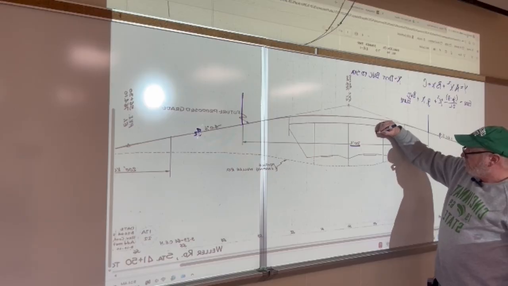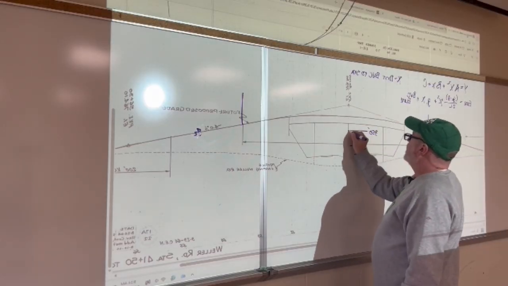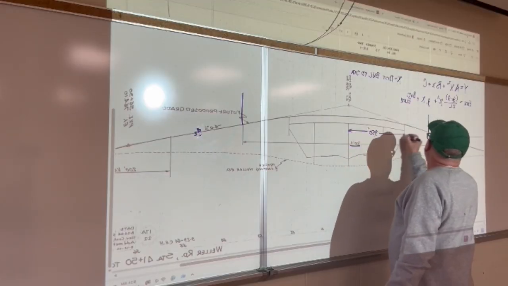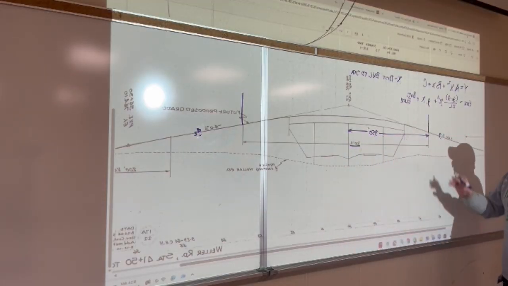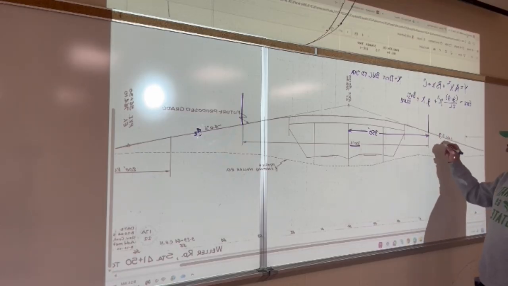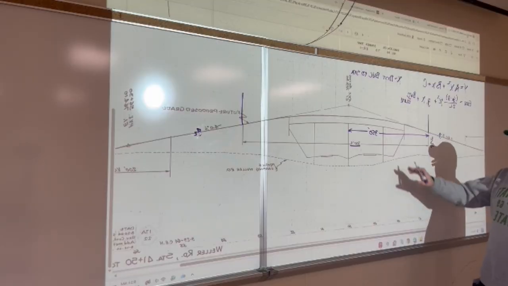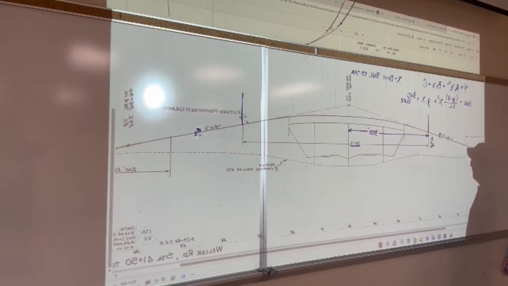So we're 350 feet from the PVI. To solve for the BVC station, you're going to just subtract your 350 from 50 plus 00, which turns out to be